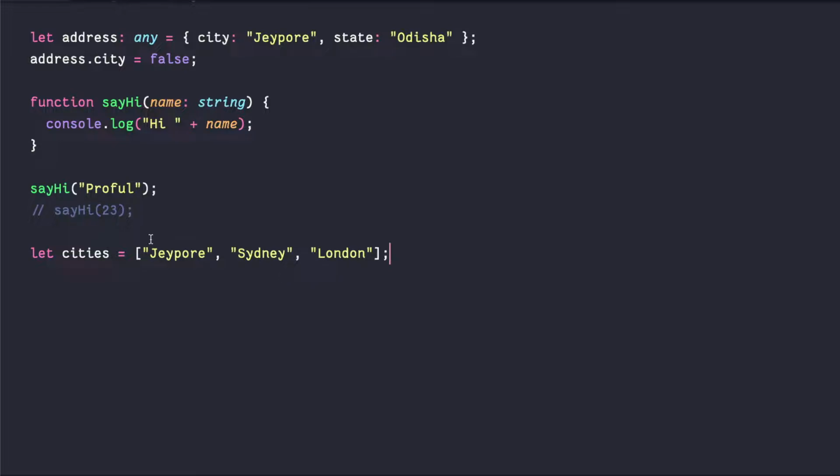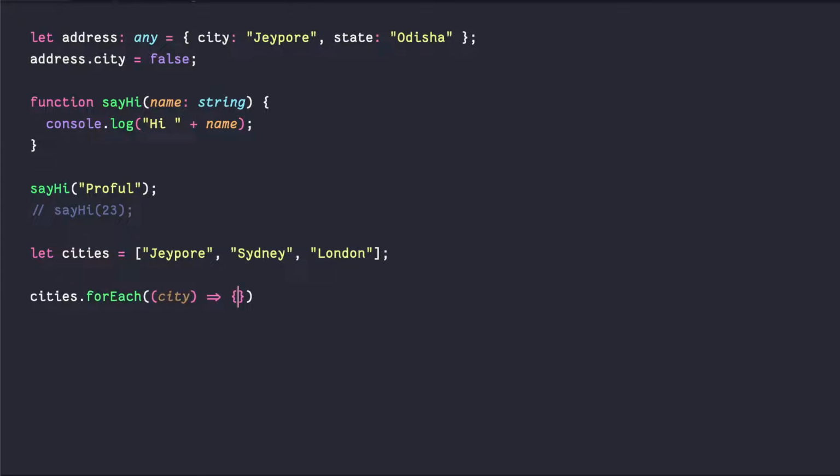Now let me define an array of string. If you see, this type is inferred, which is a very good thing from TypeScript. Most of the places, if you place some values, the type is auto inferred, so you don't need to explicitly mention the type. In the case of a function signature, you have to mention the argument name equal to string. But if you are using a